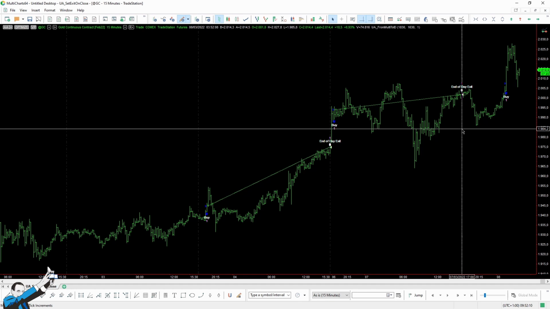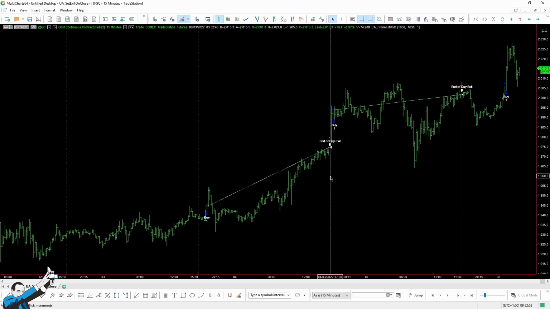But that should set off an alarm bell, because if you listen closely to what I've just said, if we were to send a close order or any other order right after the session closes, it means that the market is closed. And as a result, our order would be suspended and not executed until the next open session. And, well, we clearly don't want that to happen. This means that the keyword set exit on close is usable only in backtest as is, because otherwise at the end of the day it would send an order, but that order wouldn't be executed because the market would be closed at that moment in time.